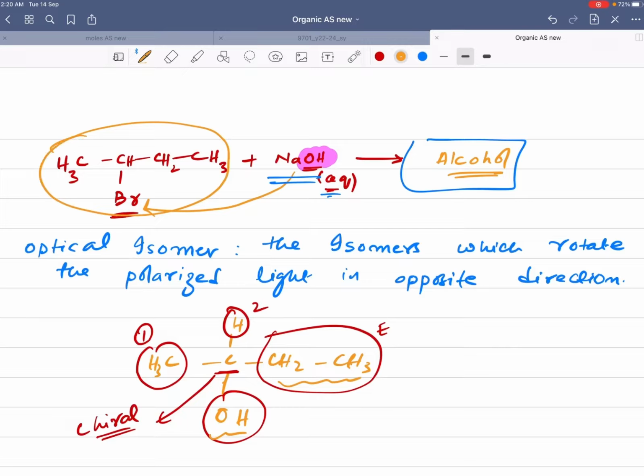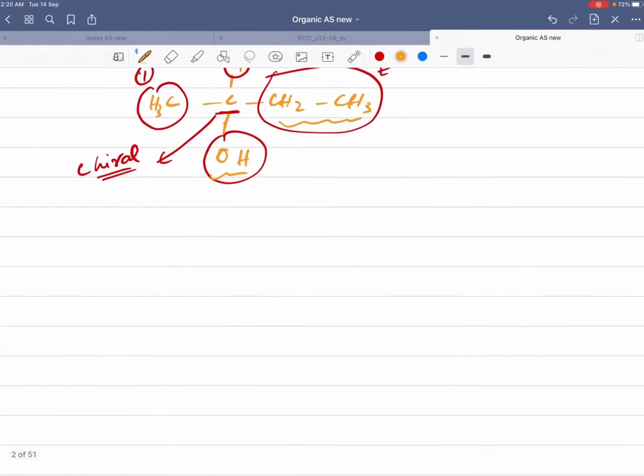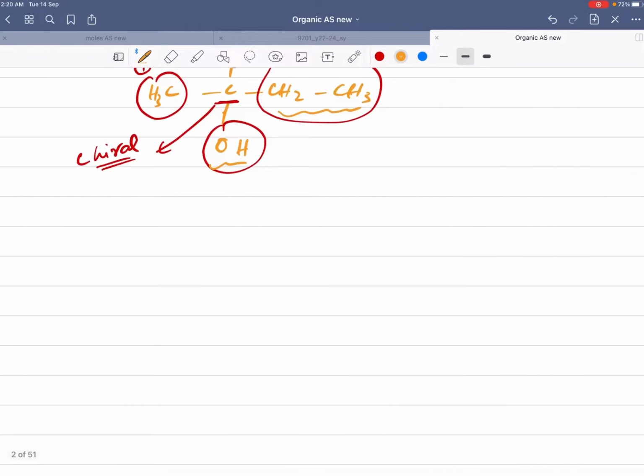When a halogenoalkane reacts with aqueous sodium hydroxide, substitution occurs and we get alcohols. But when the same 2-bromobutane, now let me just draw the skeletal structure for 2-bromobutane. Now this is 2-bromobutane. Now this is reacting with NaOH, but this time conditions are changed. Now we have ethanolic medium. Instead of aqueous NaOH, now we have ethanolic NaOH, and now they're saying that we would get alkenes, and 3